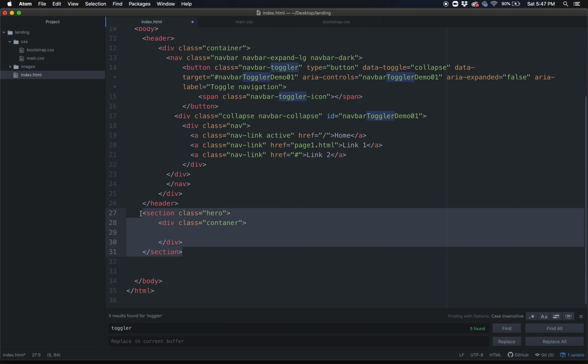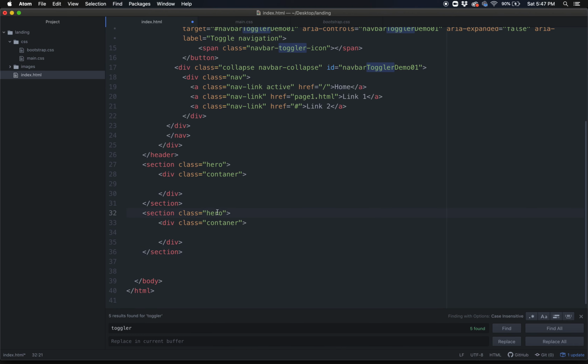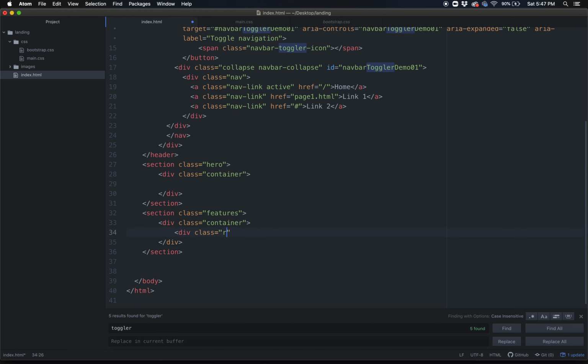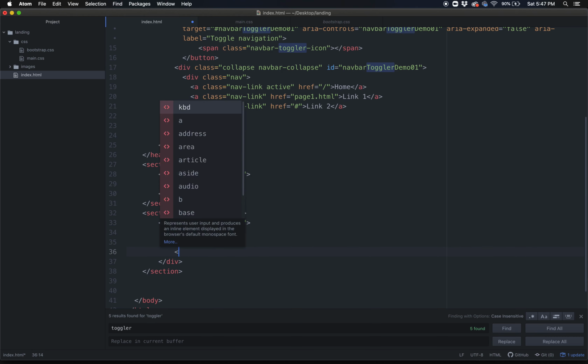I would do it again for the next section. The next section is that 3 list thing. And so I'd call this maybe like features, the features list. And I'd leave these as container, and of course it only works if you spell things right. Now on this features one, this is where we're using that row and the Bootstrap grid pattern that I showed you. So you're definitely going to do a div class equals row, and then do your columns